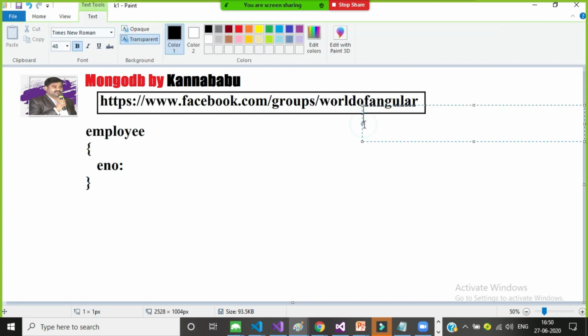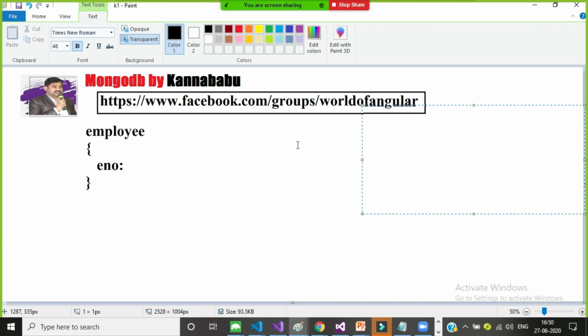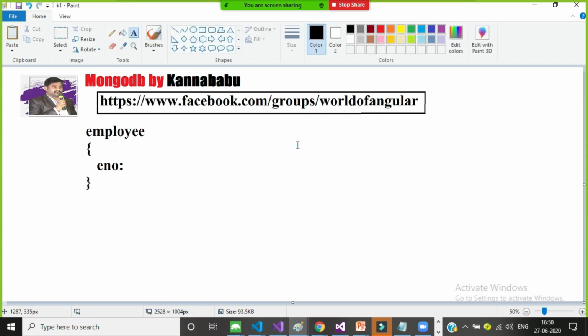And generally in object-oriented programming, you will declare one class Employee, bracket open, bracket close. Here you will declare some variables, int eNumber, string eName, double salary. Like this you will maintain, no? Here a table is nothing but one collection, a row is nothing but one object. Is it clear? And these documents may not be the same, may not consist of the same data. It may be different data also.